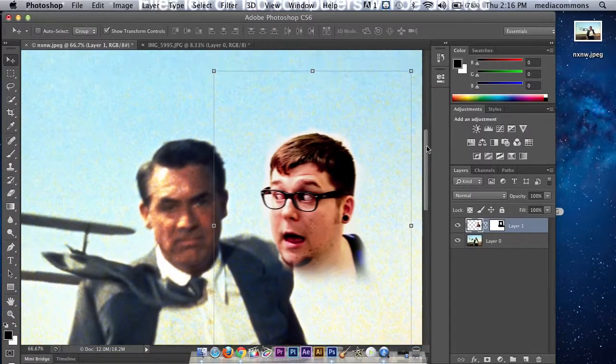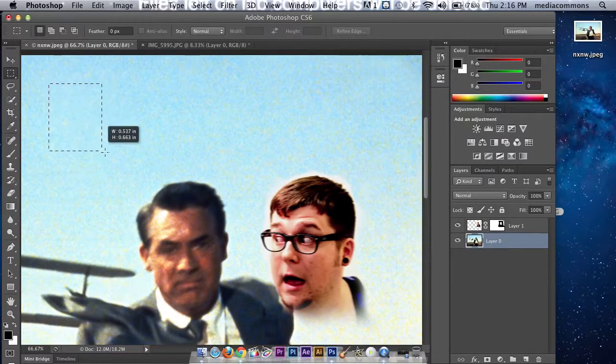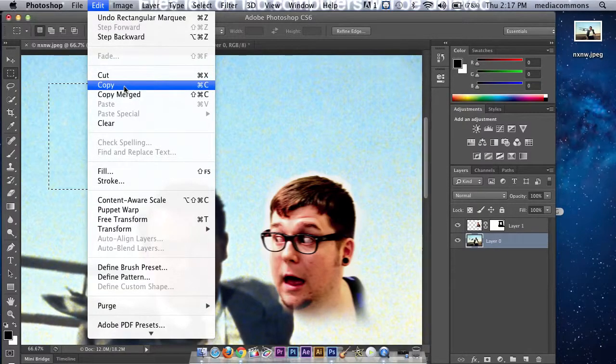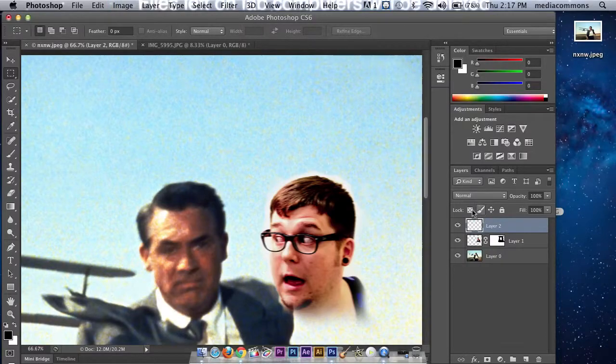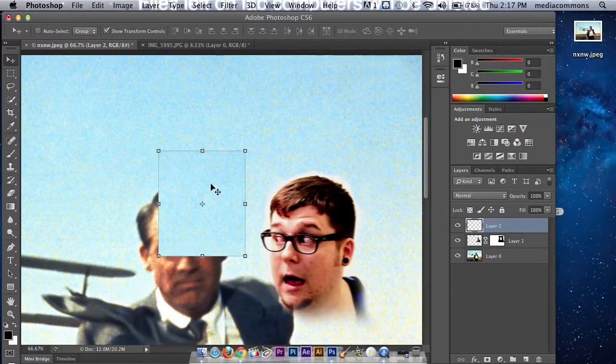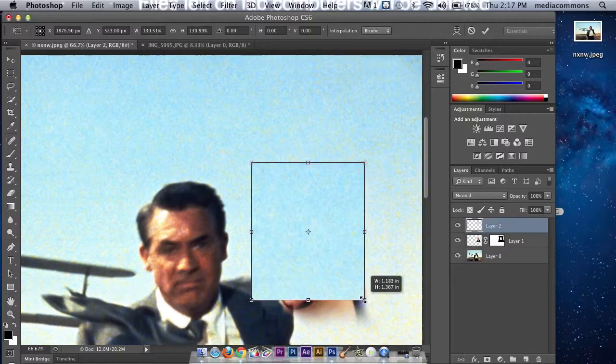What I would do, I would click on the airplane layer. I would select a piece of the sky, Command C to copy, make a new layer with this little button here. I'm going to bring it above Brian, and then Command V is paste. So you have it over here. You can use things like this to get that kind of texture,